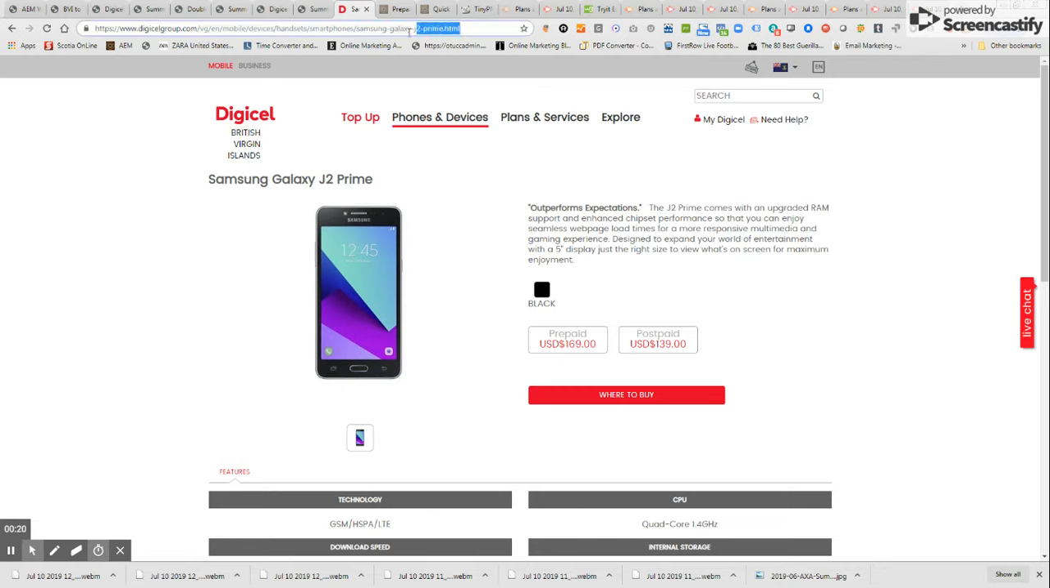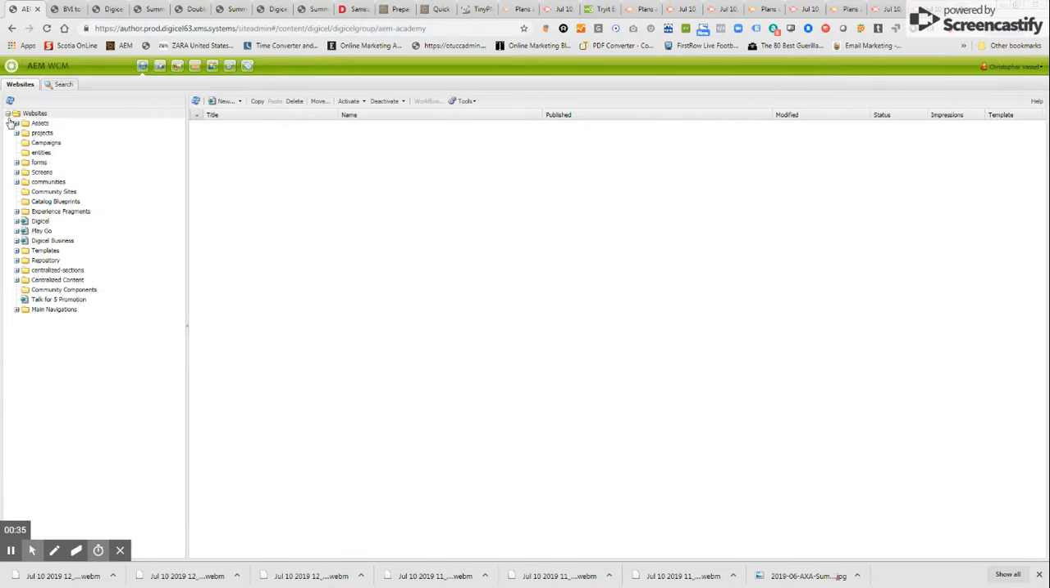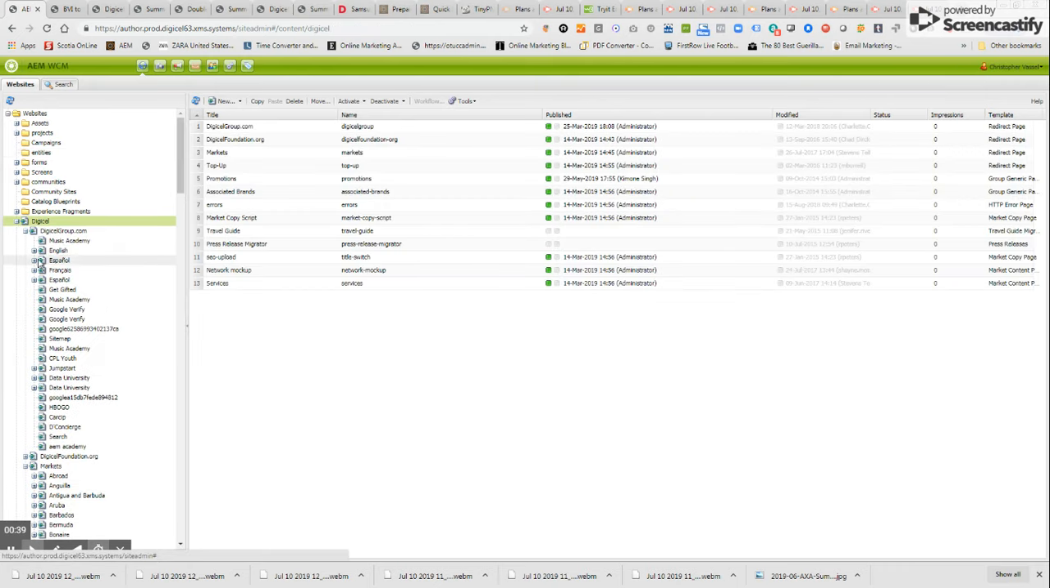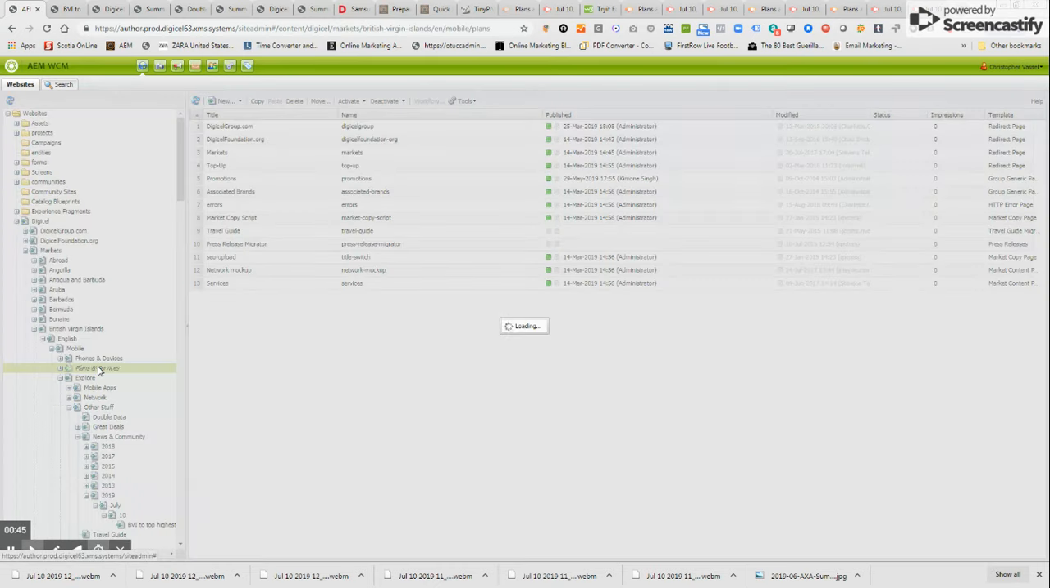is, of course, find the device on the back end first. Now, if you notice, the URL is your map to finding the page on the back end. Anything we do, the first thing we have to do is find the page, right? So we go to AEM, start over again, open our website, we go to Digicel, we go to Markets, BVI, English, mobile, phones and devices,